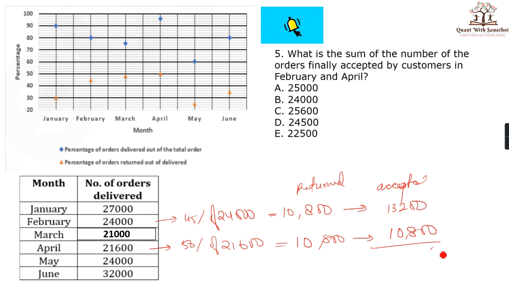So they have asked the sum. How much is the sum? 24,000. So the answer will be option B. These types of questions were asked in the exam in IBPS PO mains in the year 2018. Okay, so you can expect this type of question